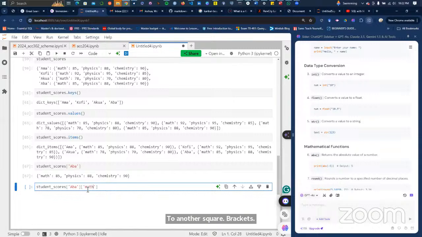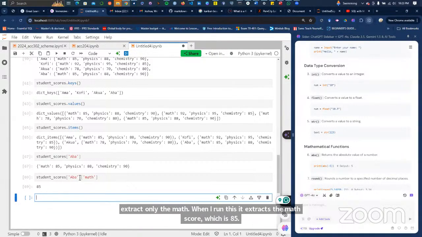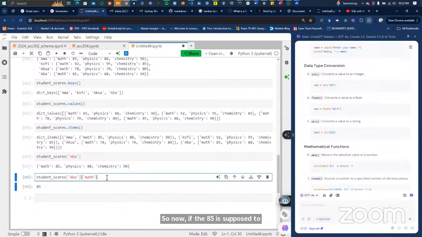In this case, I am being specific. I want to extract only the math. When I run this, it will extract the math score, which is 85. Now if the 85 is supposed to be something else, what should it have been? 90, right? Are you with me?